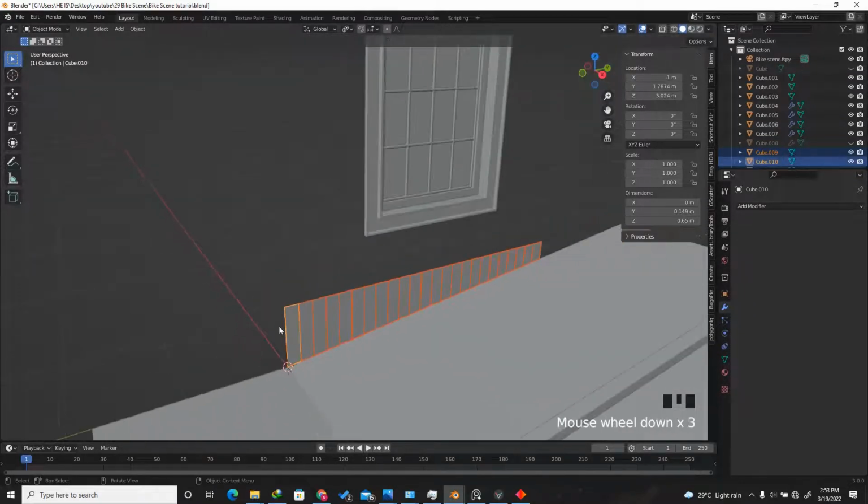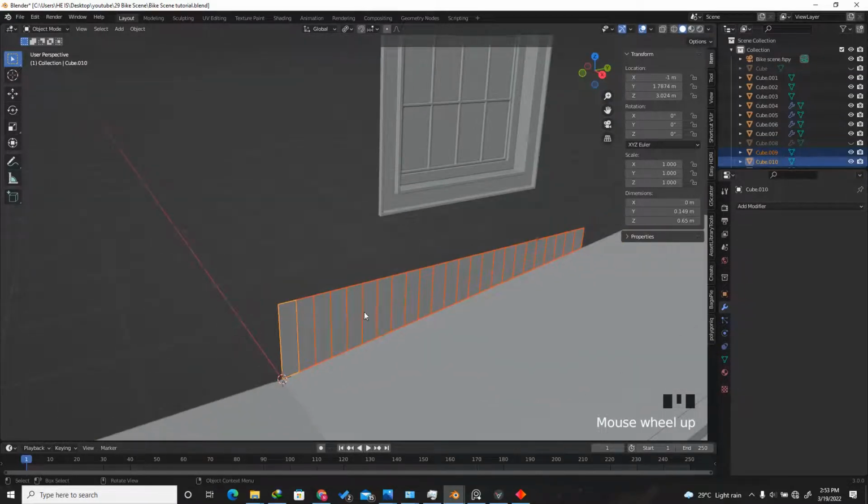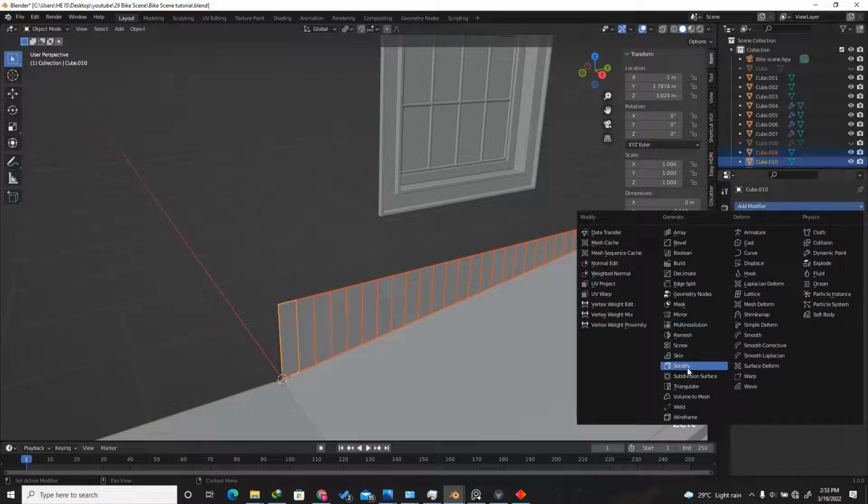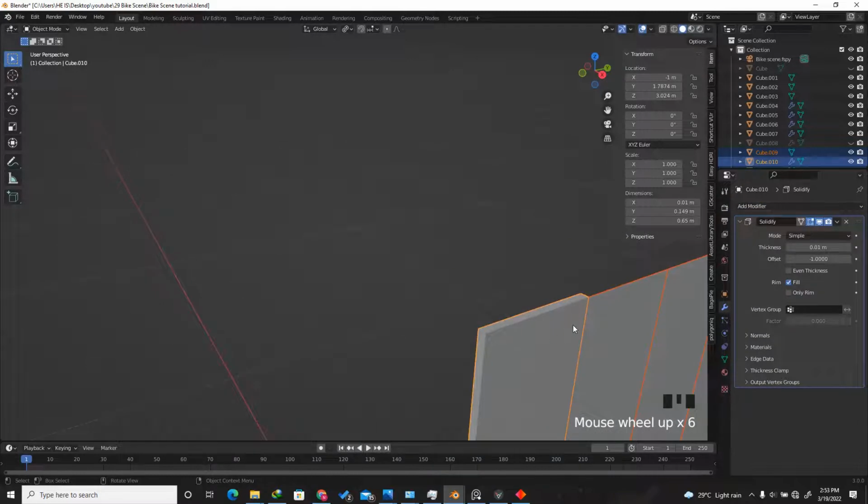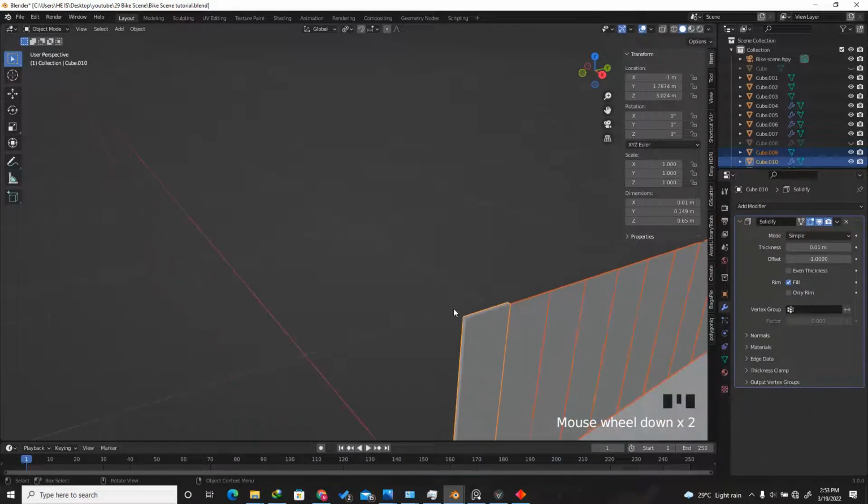So let me shift click one of them so that I will have an active object. After I have done that, go to the modifier properties, click add modifier, and I'm going to give it a solidify modifier. When I do that, as you can see, it now has a solidify modifier, but make sure that the scale is applied so that this modifier will be applied correctly. As I have said earlier, to apply any scale, press Ctrl A and you can just select the scale